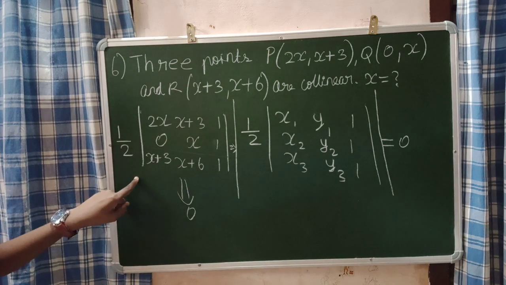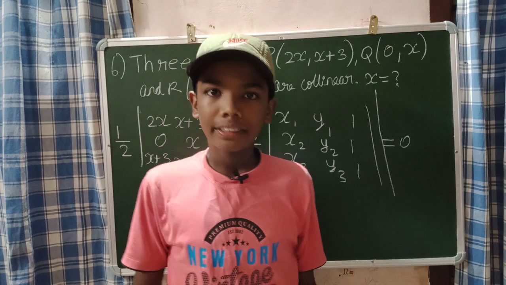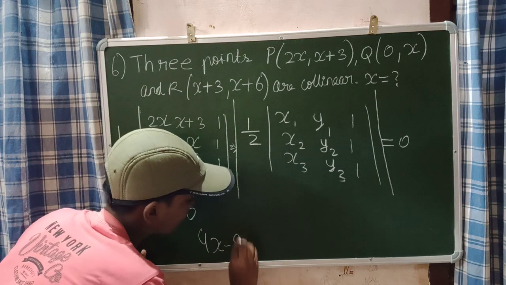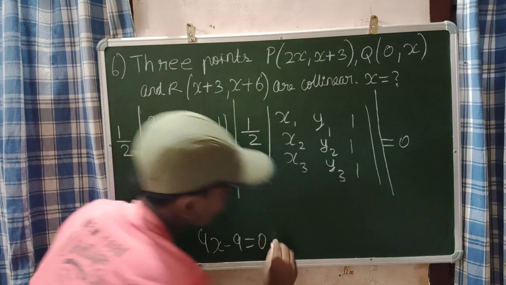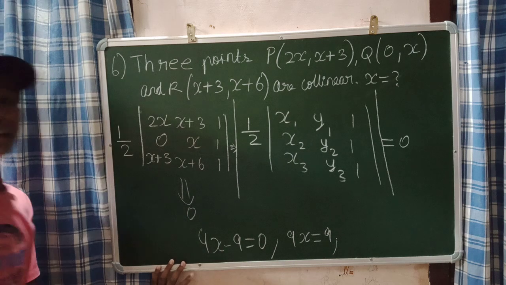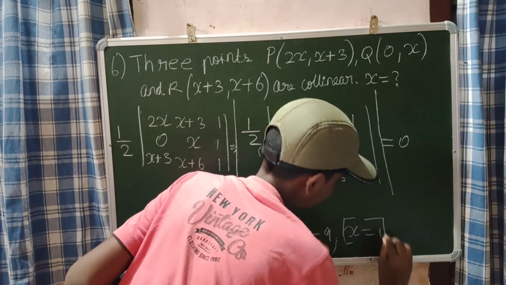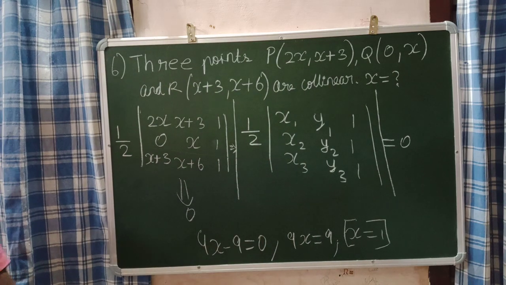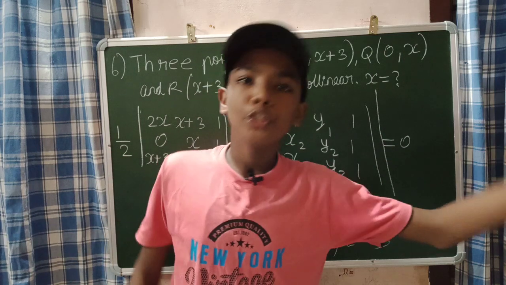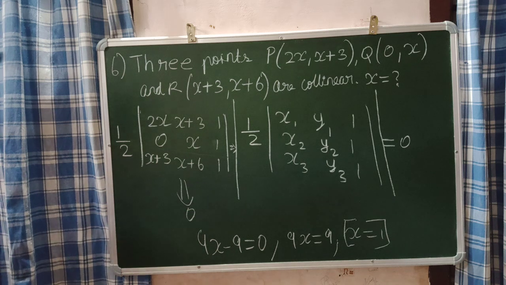So this should be equal to 0 means open this determinant by your determinant method. When you open it, you will get 9x minus 9, and that is equal to 0. When 9x minus 9 is equal to 0, 9x will be equal to 9. If 9x is equal to 9, you will get x is equal to 1. So that's the answer, guys. The value of x is 1 if these 3 points are collinear. I just used the concept of area equal to 0, and that's how I found the answer. Your answer is 1 guys. So x is equal to 1. So that's all about this question.